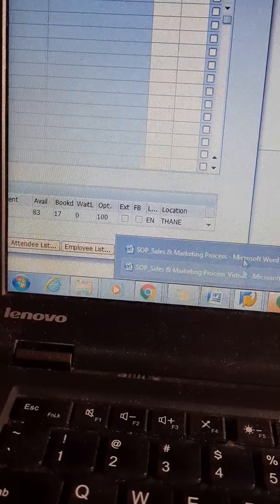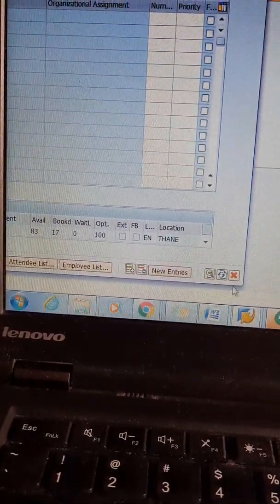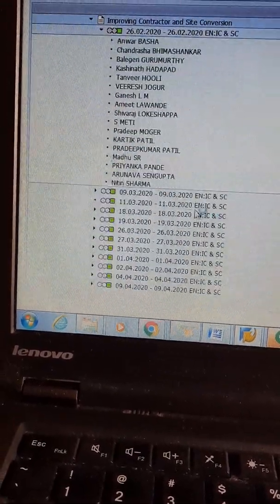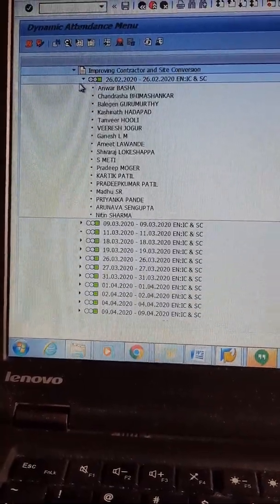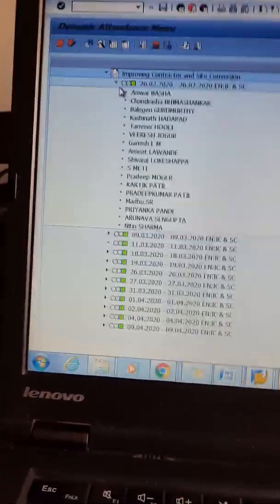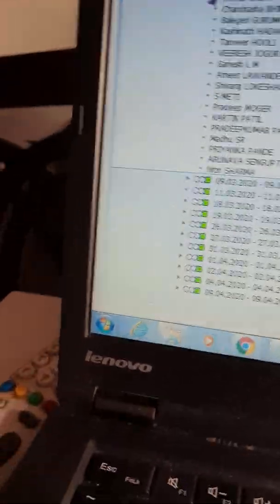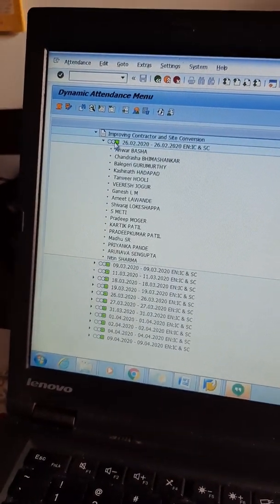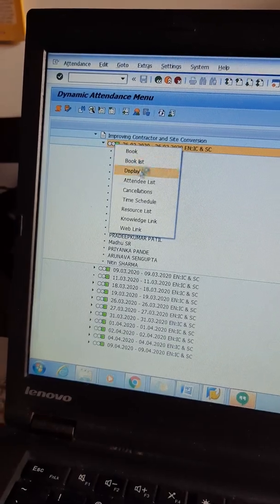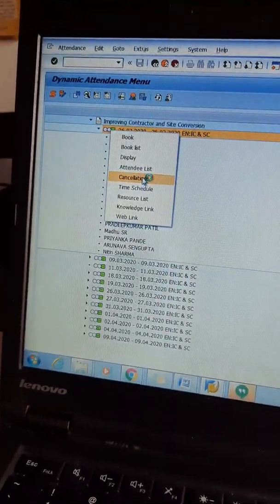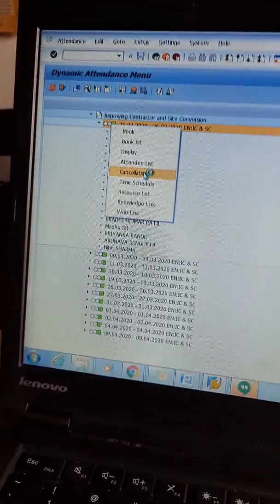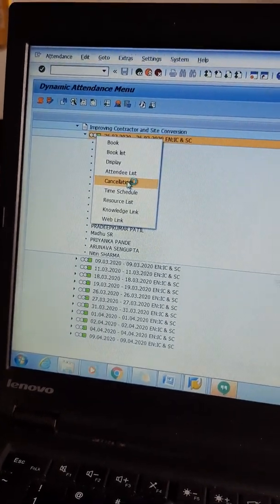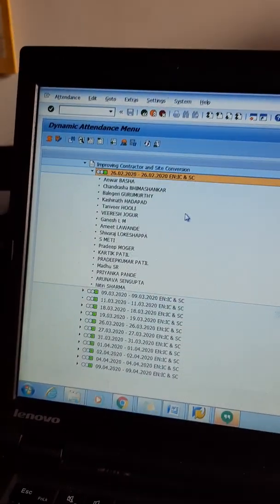Please update in the right record, right place, right activity. Otherwise, it will be a challenge. Deletion will not be happening. Important thing: deletion cannot be done at our end. That will be done by the SAP team. One more thing: in the sense of deletion, we can do only one thing. Here I can do a cancellation. Cancellation can happen for the event type, not for the event record. A record is nothing but one person's data.